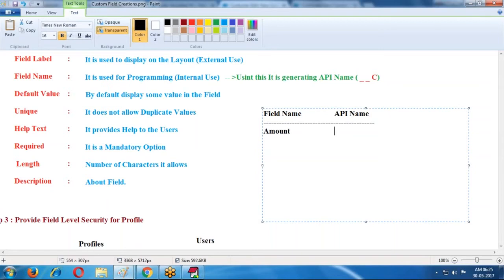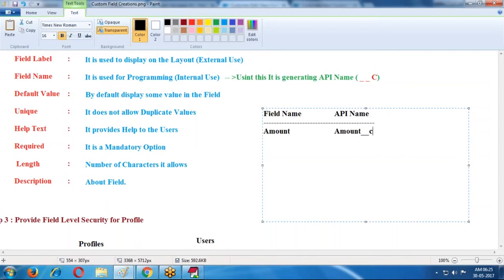For amount it is creating amount underscore underscore c. The system generates this API name, and we use these API names for programming purposes.